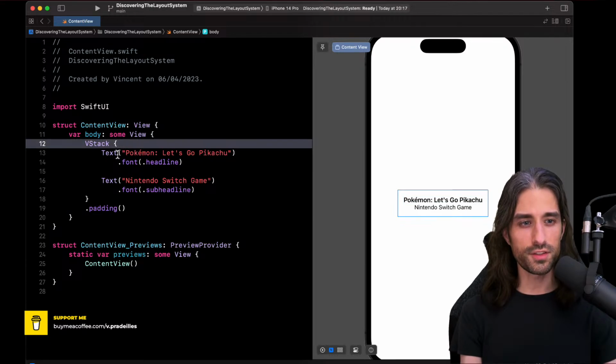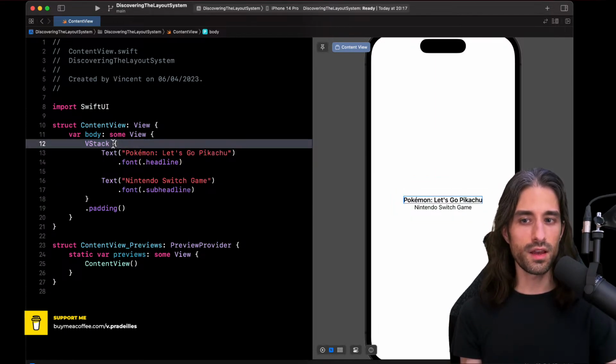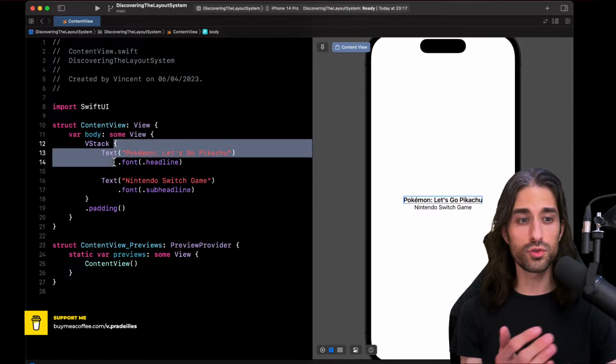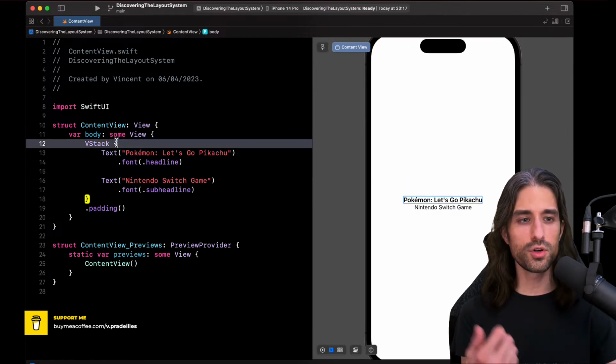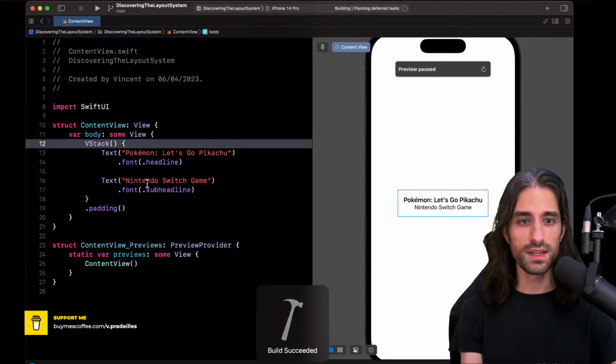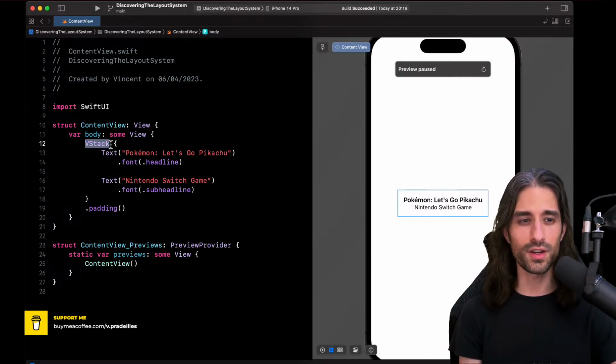And as we are going to see just after, its init takes as its last argument a closure, and so the syntax we see here is actually a result of the trailing closure syntax in Swift, which allows you to pass a closure at the end of an argument list just like a scope and not like an argument. And when the closure is the only argument, you don't even need the parentheses. So actually, this is the same syntax. This is what we are doing, but we don't put the parentheses because it makes the code so much easier to read. But I wanted to point out that here we are initializing the struct VStack.